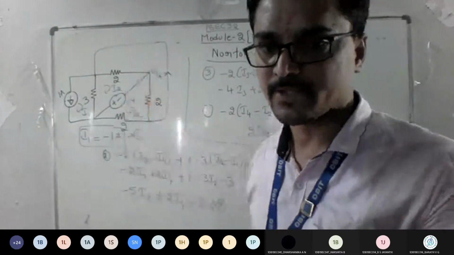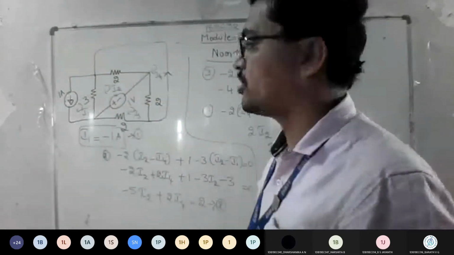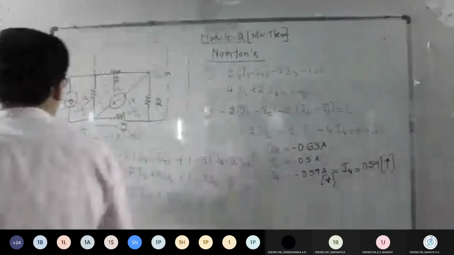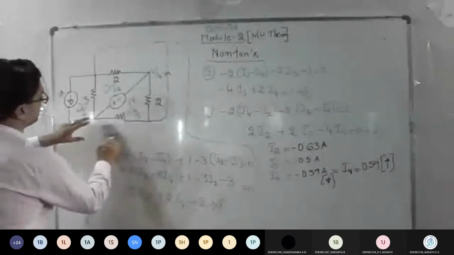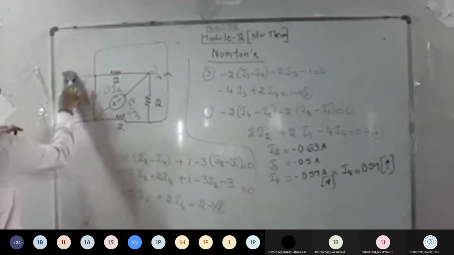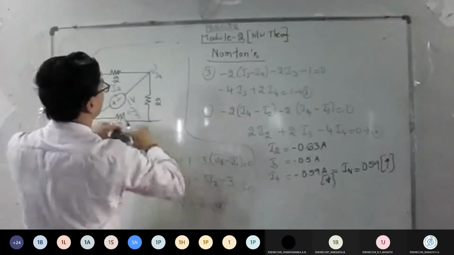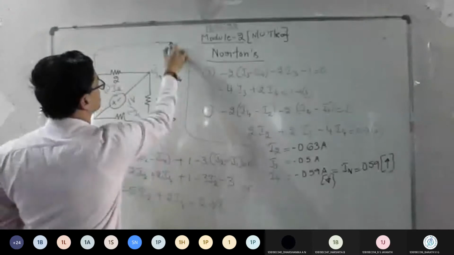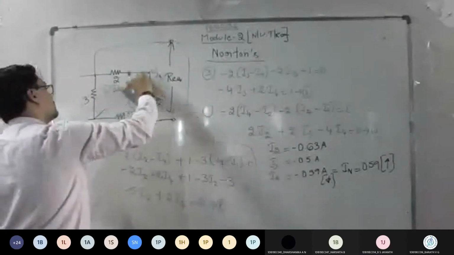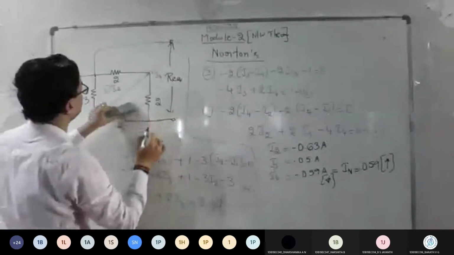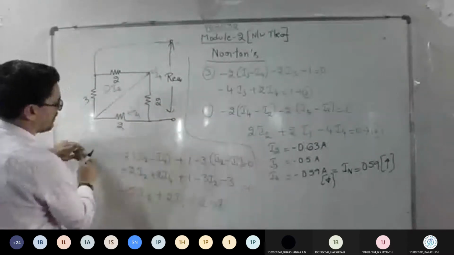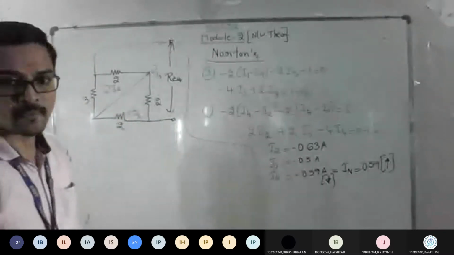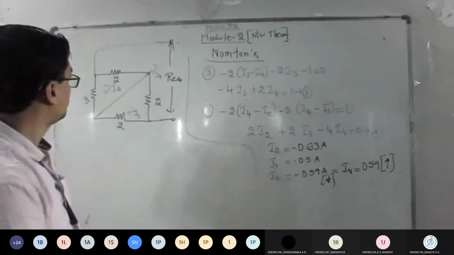Yes, sir. Okay, so now we got Norton's current, that is done. Check out how to calculate RTH. What are the things you should do now to find RTH? The current source becomes open path. So this is open path and this is the junction where I can find my R equivalent. And what should be done here? It should be shorted. Now tell me how the circuit looks. How many parallel combinations? How many series combinations? How is the R equivalent now? Two series and one parallel, sir.